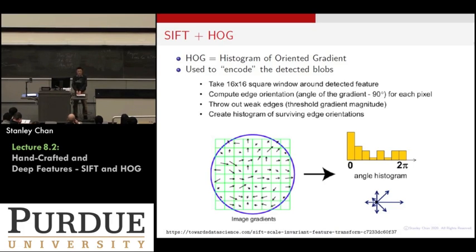So you're already encoding this entire block of gradients using a very simple histogram. So why is it simple? Because how many bins are here? 1, 2, 3, 4, 5, 6, 7, 8. You only need 8 numbers to describe this entire block of image. And with only 2 additional numbers, which are the x and y coordinates,